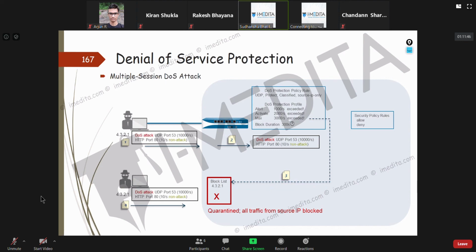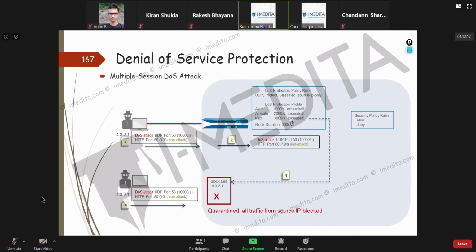Now if you have an army of attackers, too many people each sending you maybe 900 packets per second, your log will get generated, but your DOS protection policy will not get activated.